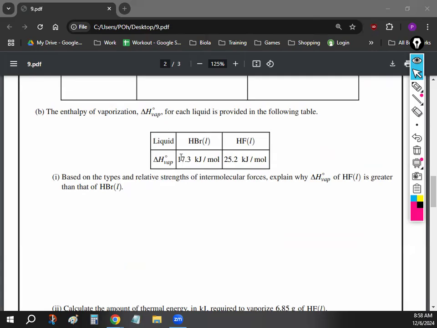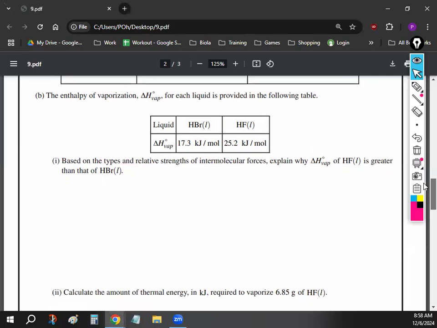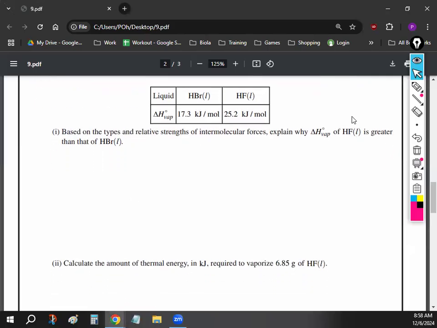So you've got HBr, which is 17.3, and HF, which is 25.2. You can see that HF requires more energy in order to vaporize, right? And so it's asking us in part one, based on what you wrote down for the intermolecular forces, why does HF require more energy to vaporize than HBr? Then for part two, it asks you to actually calculate the amount of energy required to vaporize 6.85